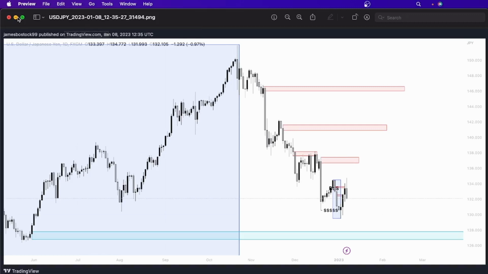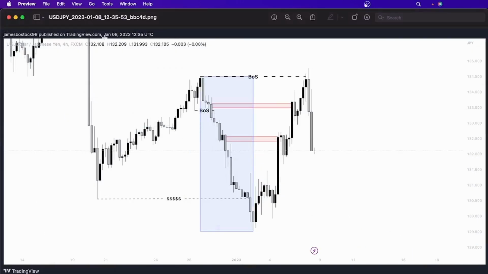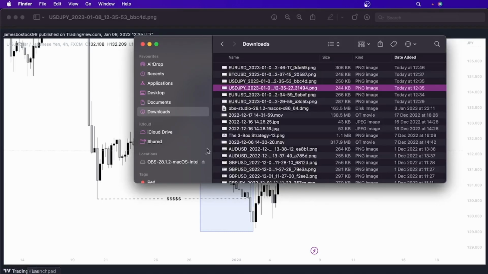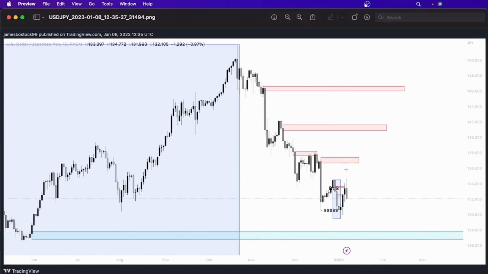Now, the reason why this is relevant is because as we then look on the 4-hour time frame, we see that within the bearishness that was trading us down, we've recently had a break of structure to the upside. Obviously, demand's being introduced in the market. Therefore, we'd like to see that correctional wave come back up to trade us into and towards, if we go back to it, these supply zones higher.